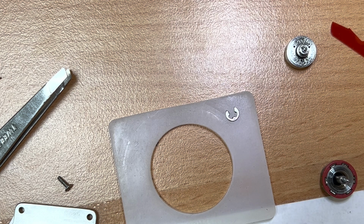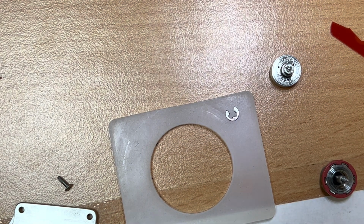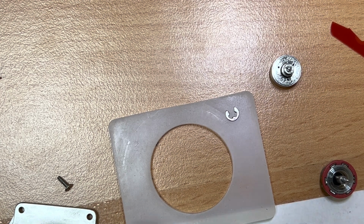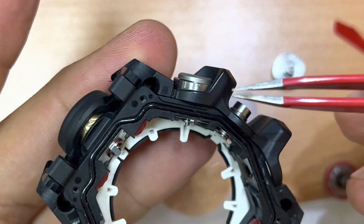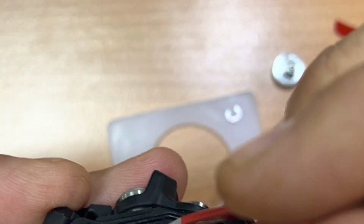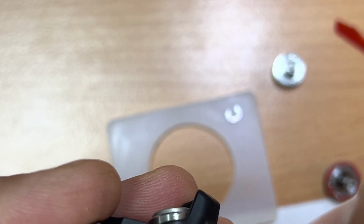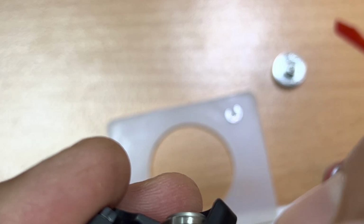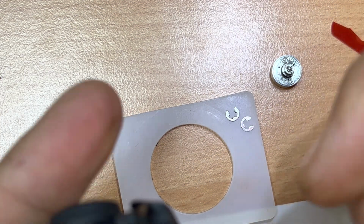Let's go ahead and take out another one because I don't want to mess around with this one to show you what modification I've done to this watch. Because if you open up all the buttons and you compare, oh, this one came out easily. And if you compare the spring that comes on the light button versus the springs that come on the ABCs, it is a much different spring that's being used. That being said, it's much thicker and it seems to be of better quality. Even the color of them is a little bit different. These seem to be stainless steel, while the other one, I'm not sure, looks like it's bronze or...